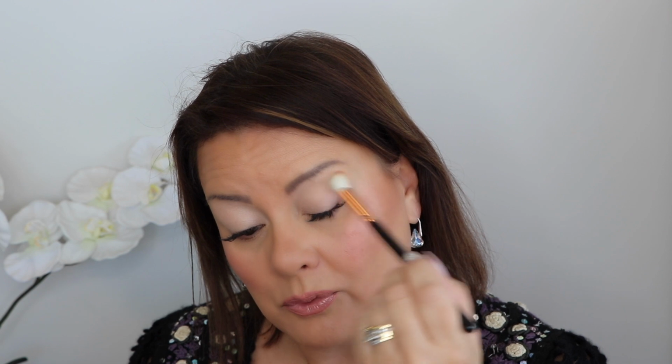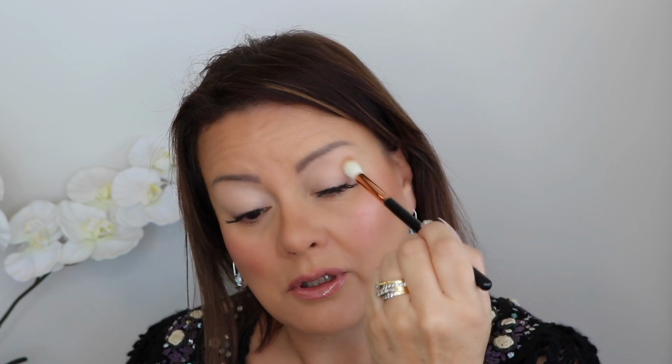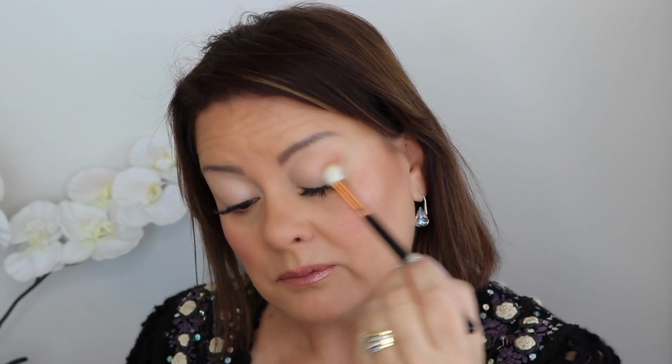I'm now going to go in with Chai as my transition shade, using the same R40 brush, and that is a little bit powdery as well, but nothing too major. I'm just going to go in holding the brush at the end of the handle, little circular motions on the outer portion of my eye, and then slowly working my way into the inner portion. So outer third, outer outside, and then blending into that